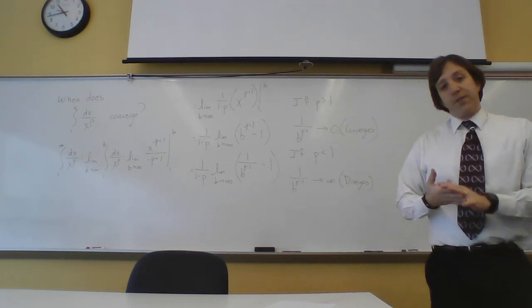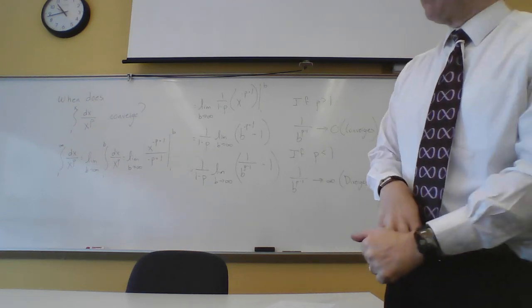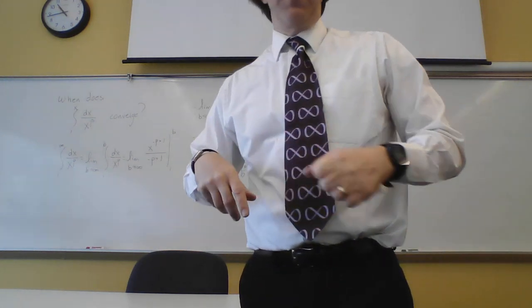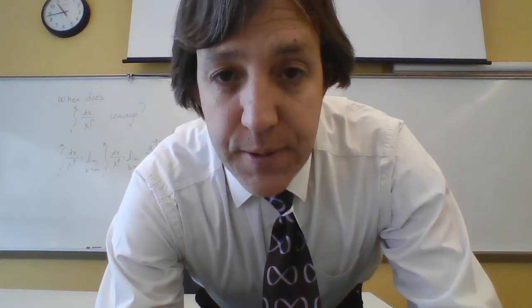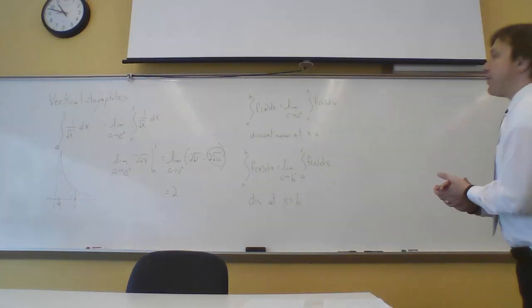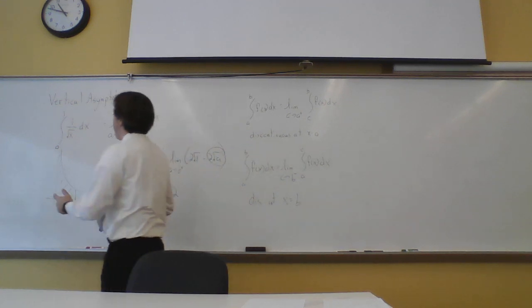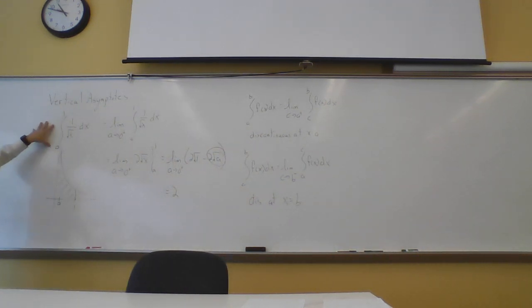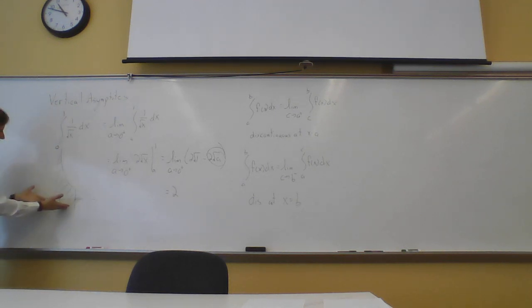All right, and of course, if it's just the first power, then it's a natural log function, and that's not going to converge. All right, so let's keep going. Now we're going to look at vertical asymptotes. Let's start with this example, the integral from 0 to 1 of 1 over the square root of x dx. As we can see, it has this tail here along the vertical asymptote where